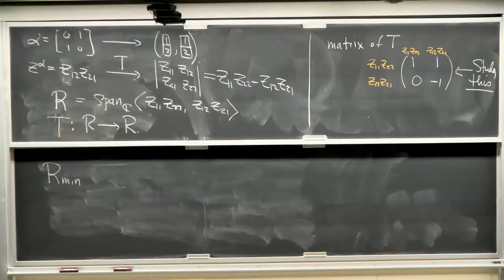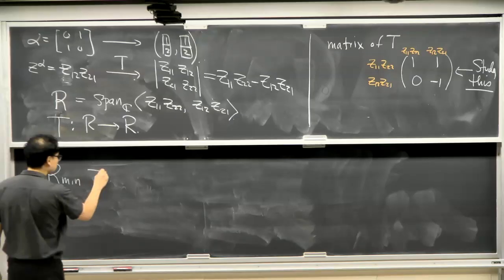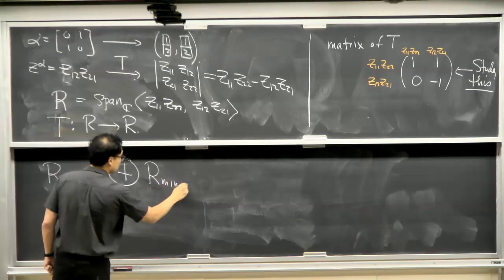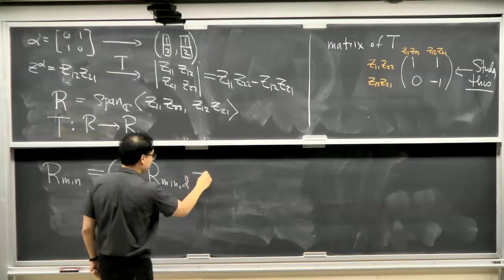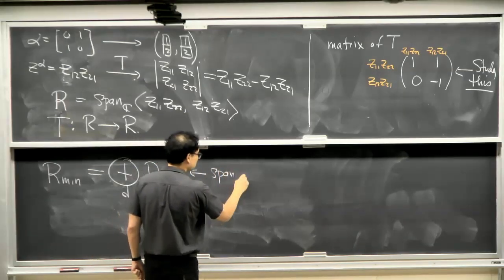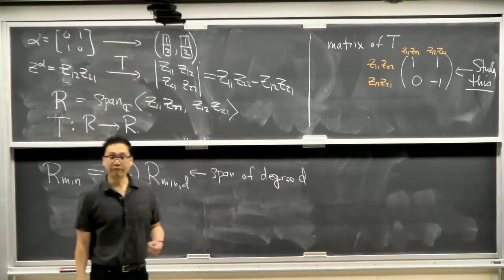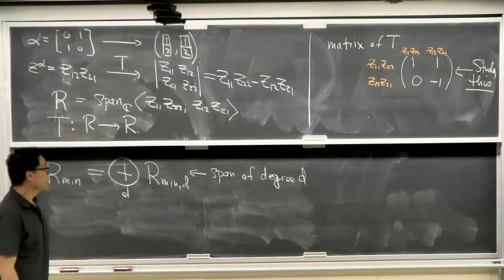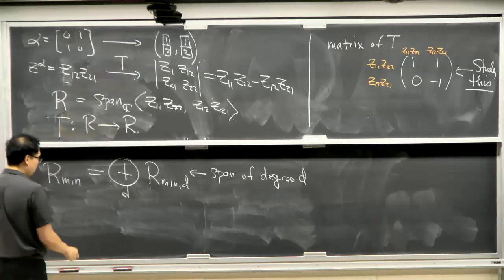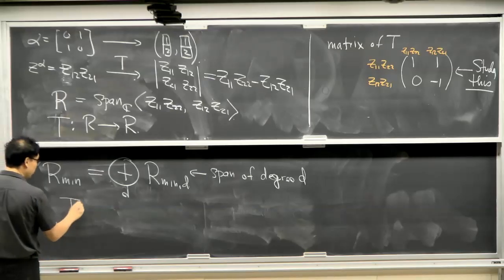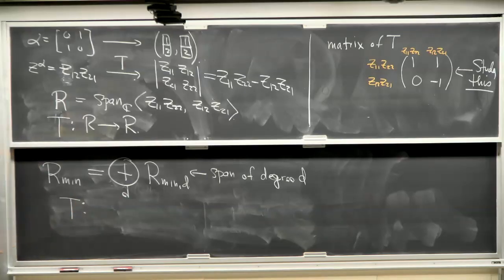R_mn is a polynomial ring in the many matrix number of variables. It's graded by degree. So this is going to be the span of the degree d monomials, in other words, where alpha is a matrix whose total sum is d. And we're not going to go through the algorithm of RSK, but the basic textbook discussion will show that in this language,